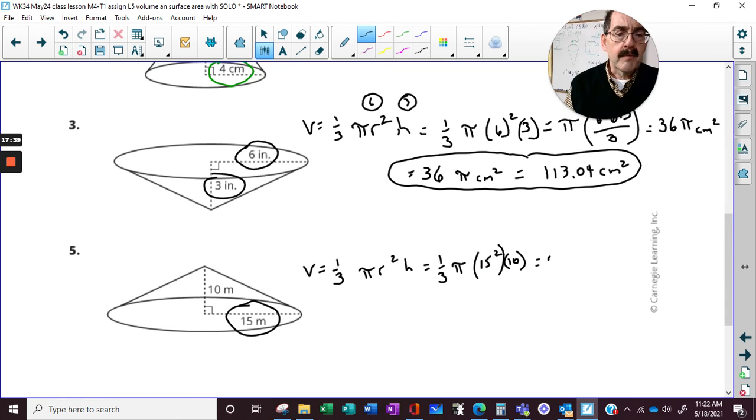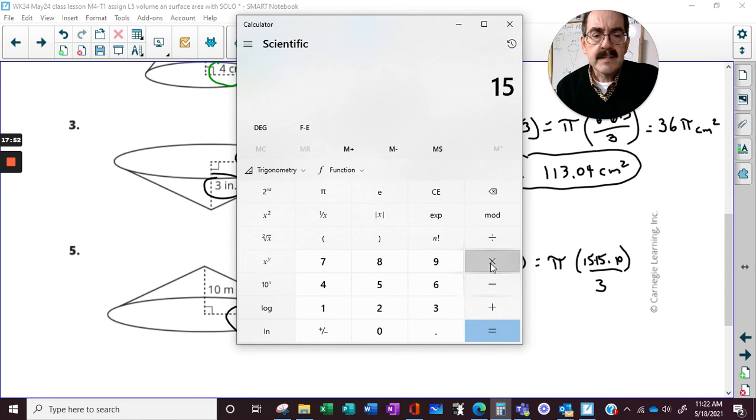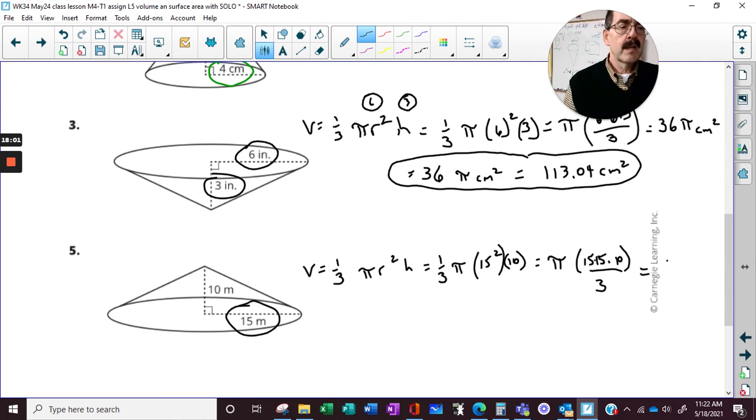When I do that, I'm going to go pi 15 times 15 times 10, all divided by 3. 15 times 15 times 10, all divided by 3. 750 pi